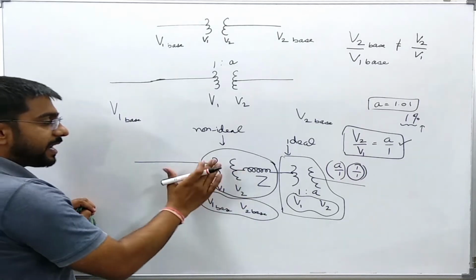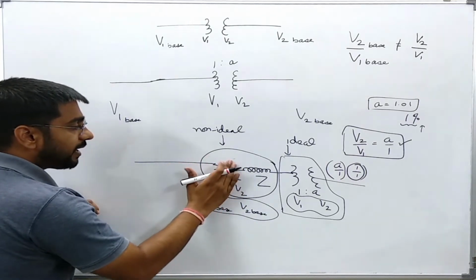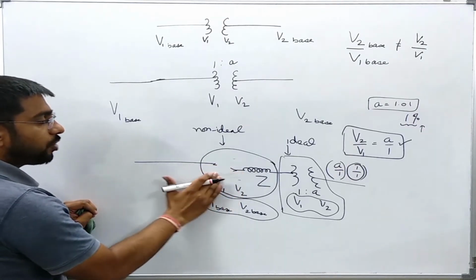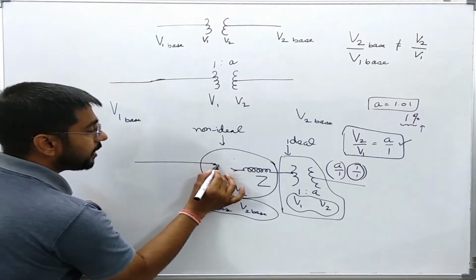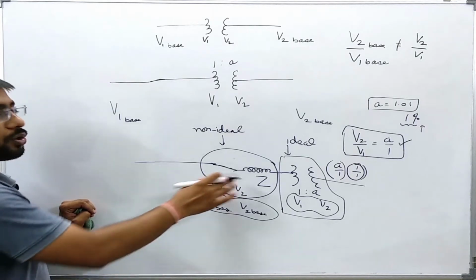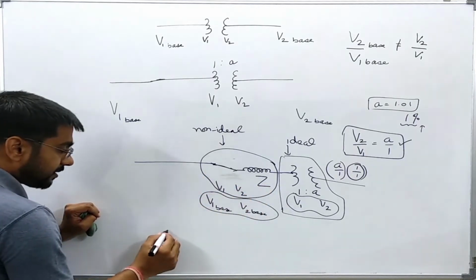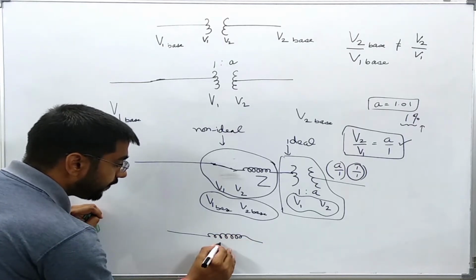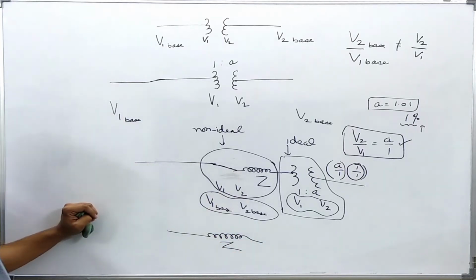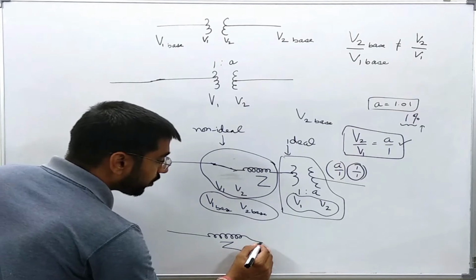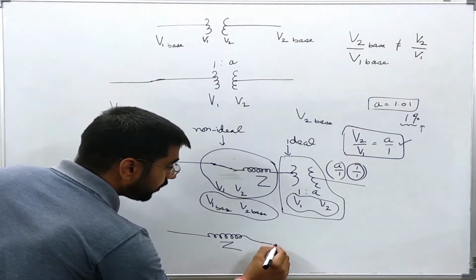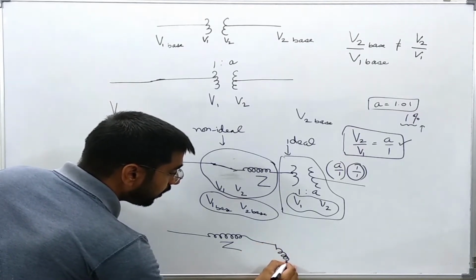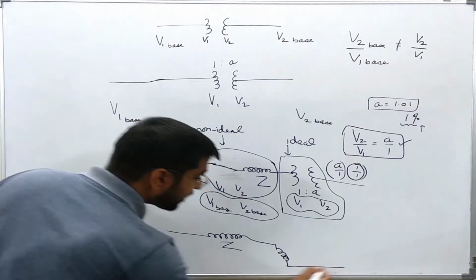This transformer can easily be converted into the per unit domain just by showing the non-ideality, that is, this transformer is replaced by just an impedance Z, and the other transformer